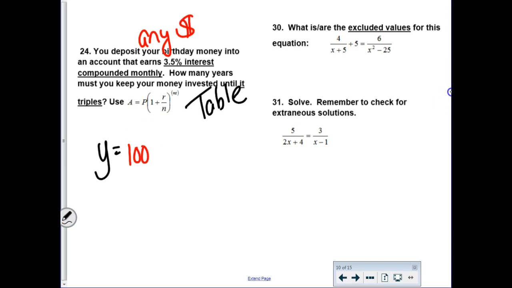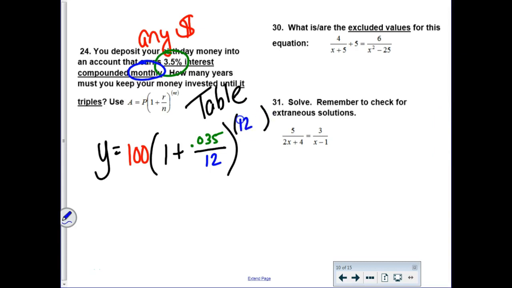So $100. And then 1 plus, careful with your R, guys. The R is, as a decimal, 0.035. And then it's compounded monthly. So the N is a 12. And then up in the exponent, that 12 shows up again. But the question is how many years? So that's actually what I don't know. So we're going to leave that as an X. This gets typed into